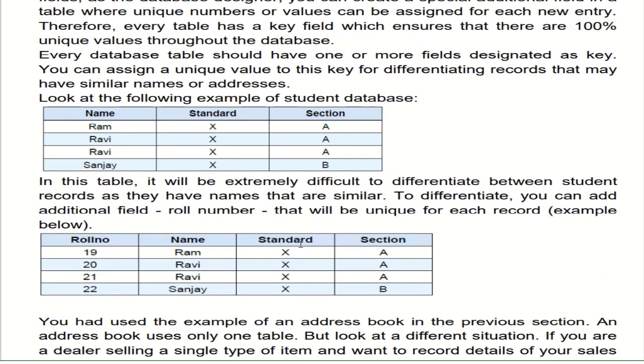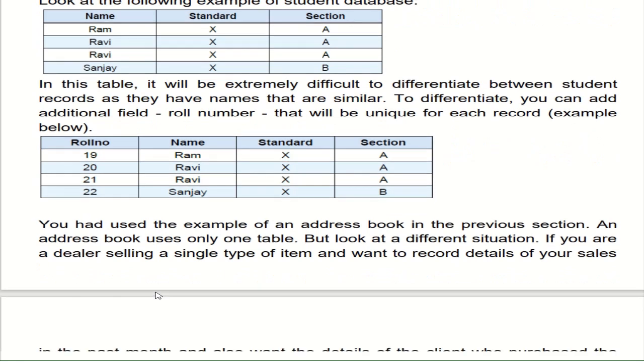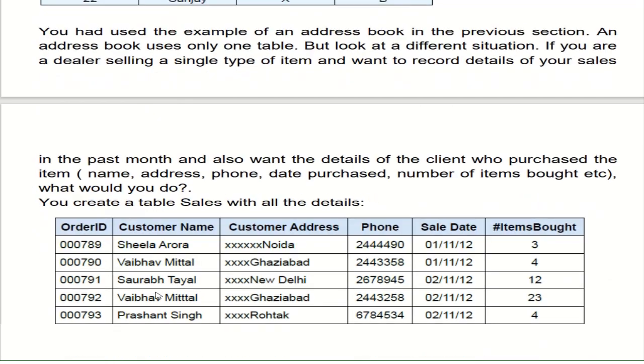Now see, here you can find there are two Ravis, but you could not identify which particular name to be taken. For that, the roll number is mentioned over here, such that it will identify the duplicacy of the name. Now you had used the example of an address book in the previous section.